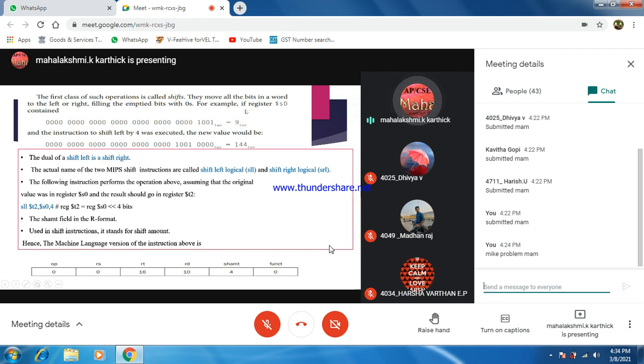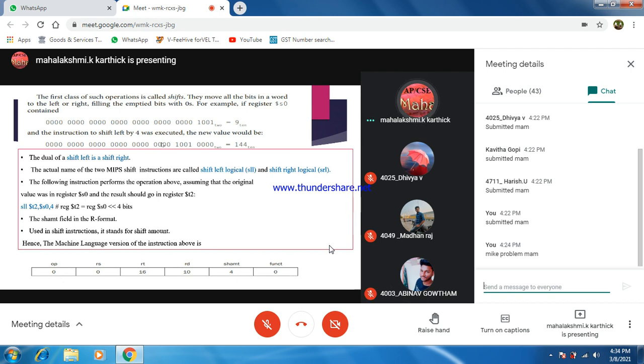What is the question they have given? A given register has to be shifted left by 4. So the instruction to shift left by 4 was executed like this. So what is the new value after implementing the logical operation of shift left? That is SLL. What is SLL? Please reply. Shift left logical.